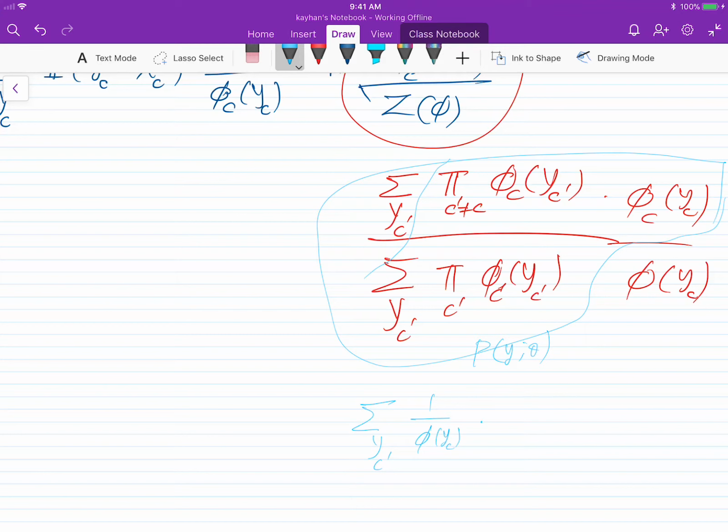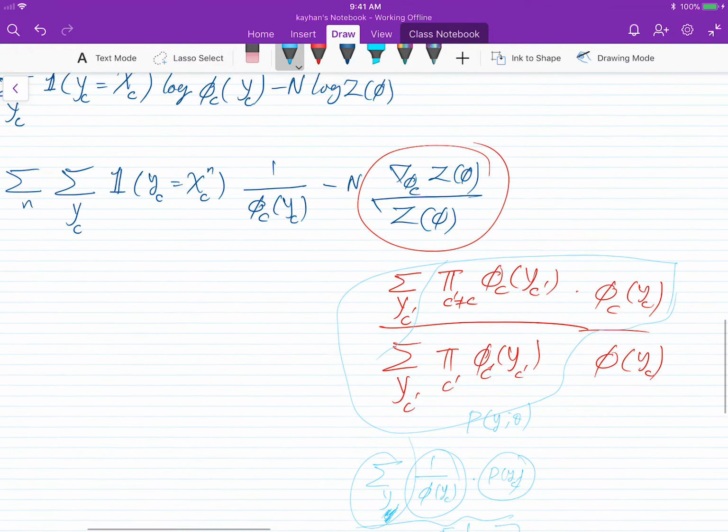See. Okay, so I get the same thing again. It looks like an expectation. So you have a probability, you have some function, and you're summing over all values. Sorry, it shouldn't be c prime. So again, it looks like expectation of 1 over phi c. Okay, so you're getting the same thing,